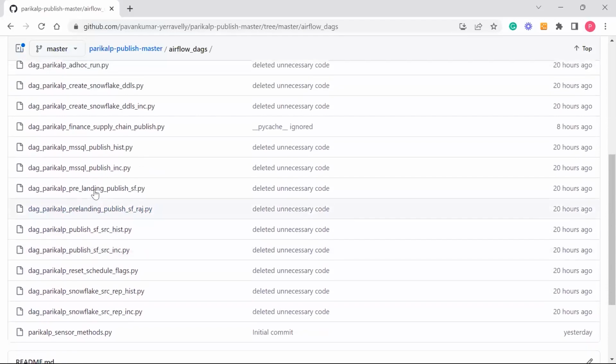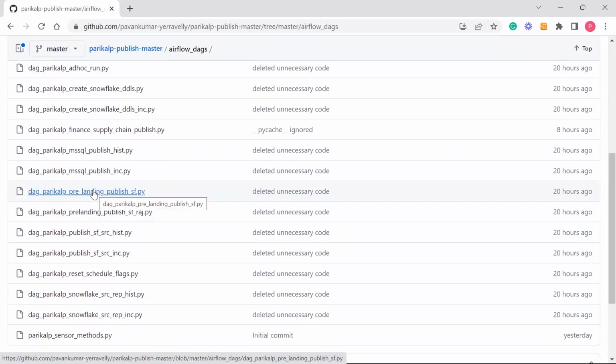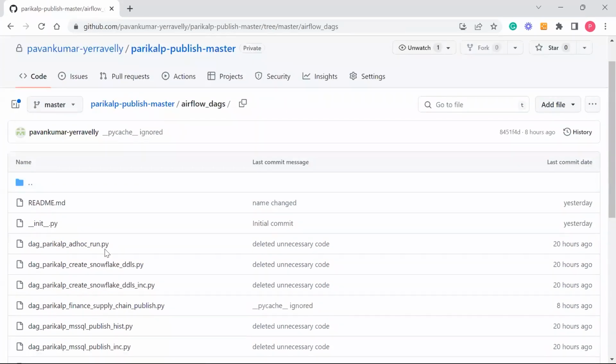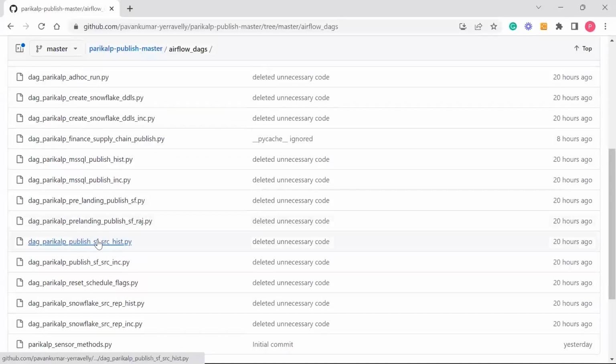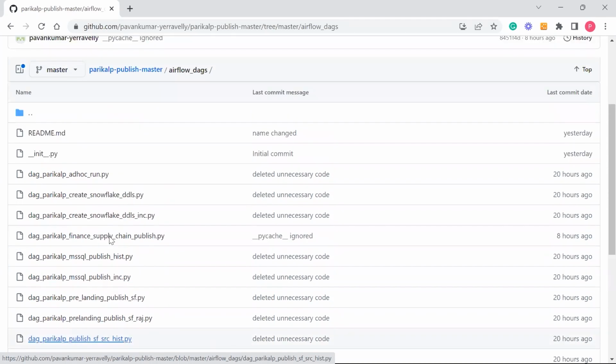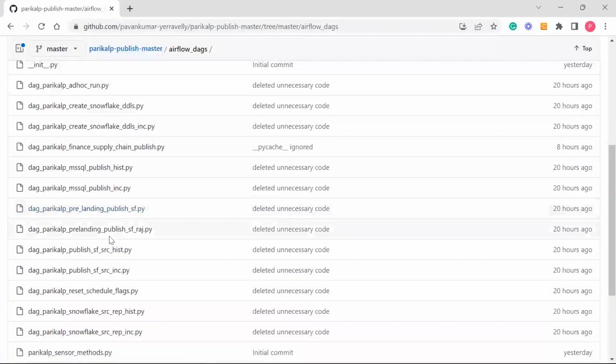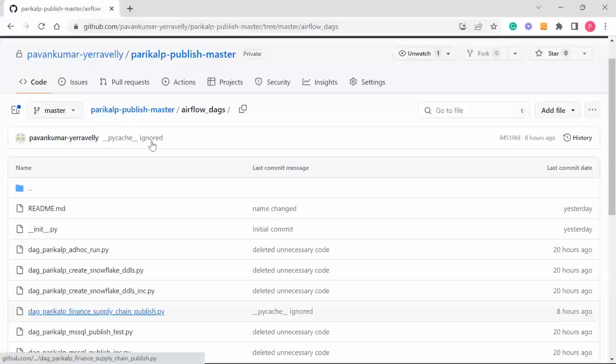If I want to change some code in the pre-landing related processing, then I come to Airflow and change the scheduling time, maybe. In the beginning, we wanted to run this job at 1 a.m. in the morning, but later we thought we needed to push it a little, so we scheduled it for 12:30 a.m. So we just come here and change the scheduling. In the same way,